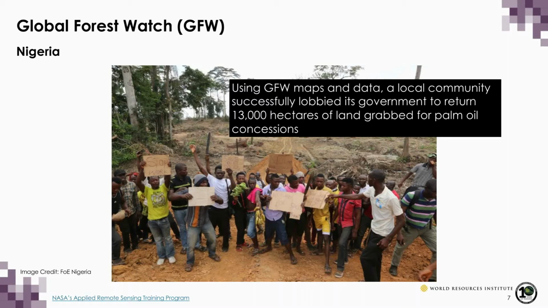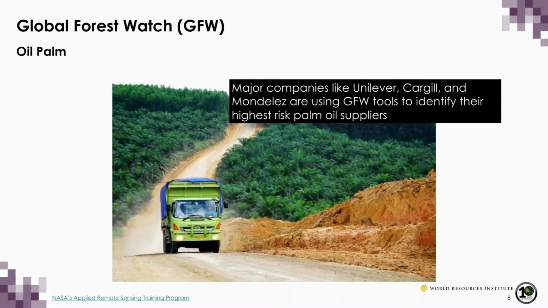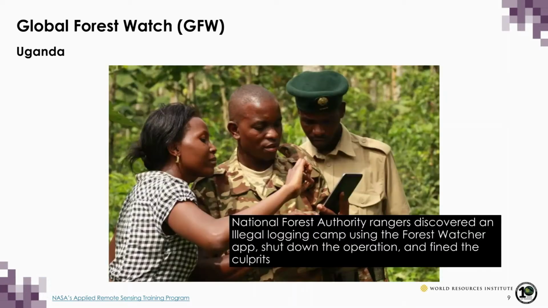Here there's a great example in Nigeria of how a local community was able to monitor and protect their land. We also have an excellent example here about the role of oil palm in deforestation. A lot of companies end up using things like this. So we have a variety of different audiences for the suite of data platforms that WRI hosts. GFW in particular works quite a bit with companies looking to monitor their forest footprint. Here's a really excellent example.